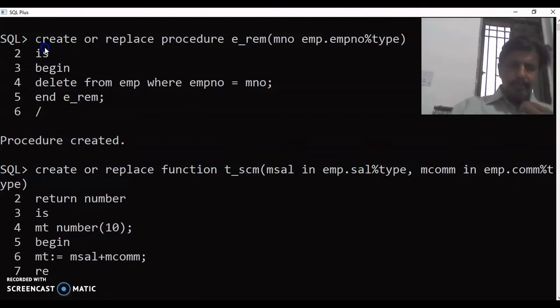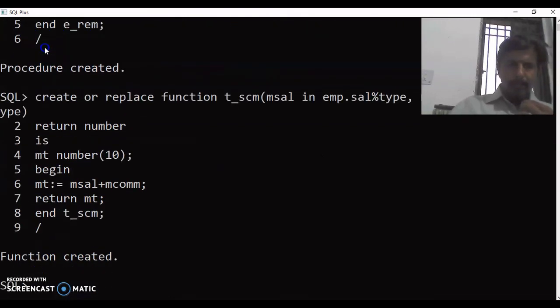Then you can say return empty. Empty is of number type. Then you will say end, and the function name is t_scm. Function created.